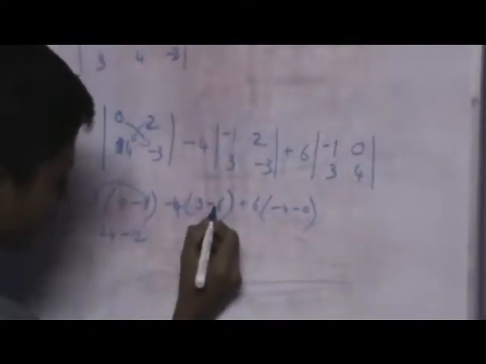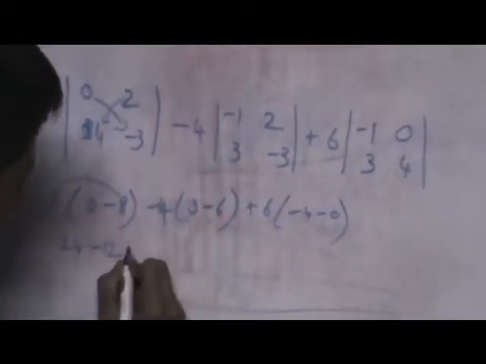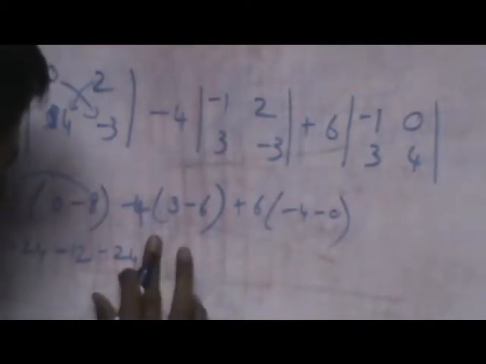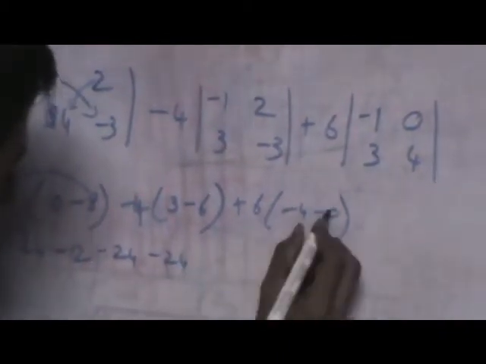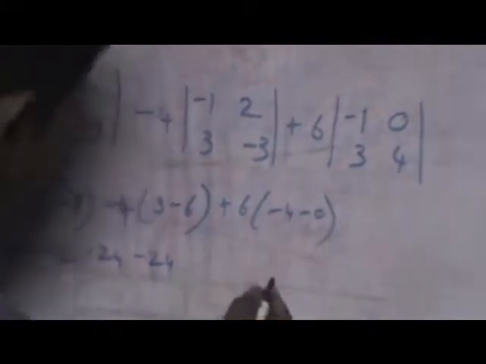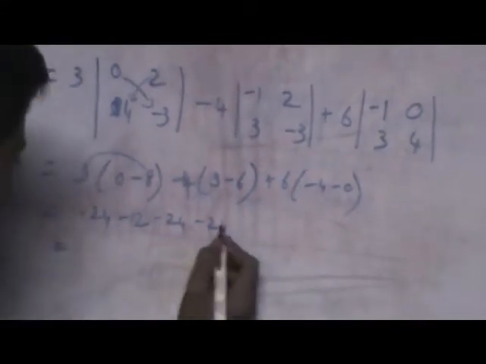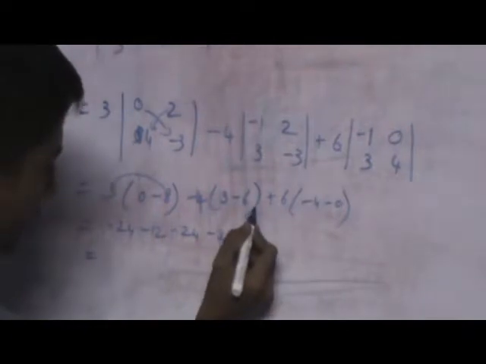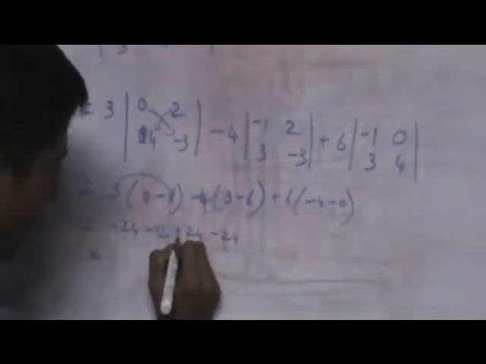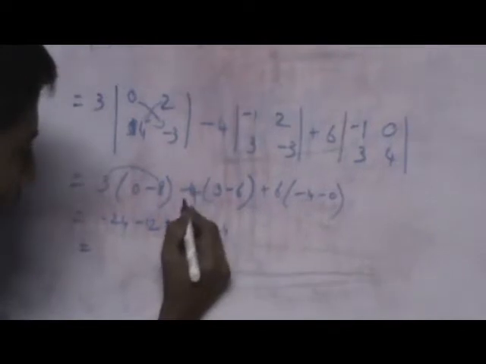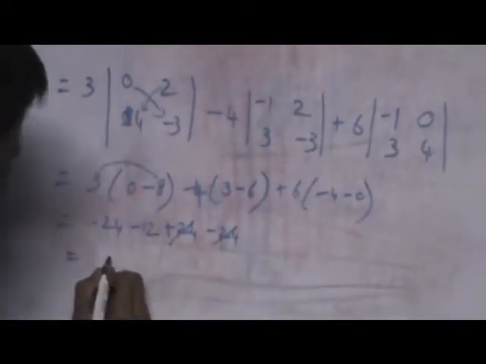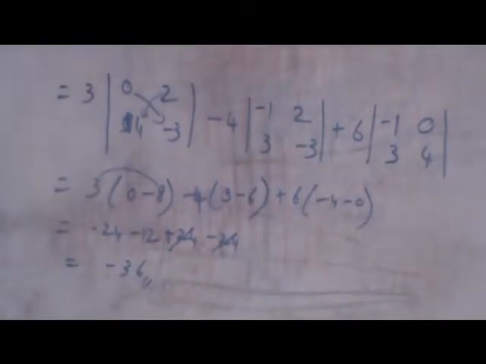You should be very careful with the signs. Minus 4 into minus 6, minus 24, plus 6 4s are 24, minus is there, so minus 24, and anything with 0, 0. See, 24, 4, here minus 4 into 3, 12, minus 4 of minus 6 plus 12, minus 6 of minus 4 plus 24, then here 24, 24 cancel, minus 24 minus 12, minus 36, this is the value of this determinant.